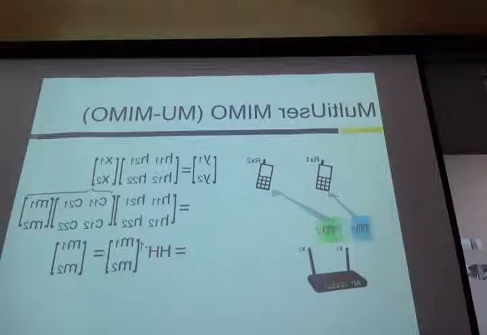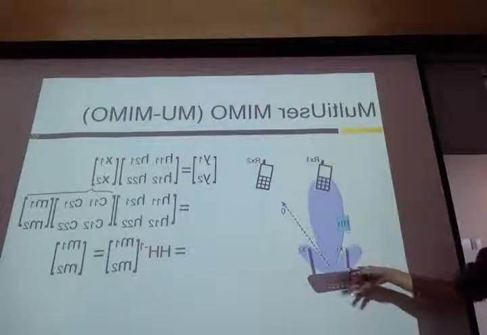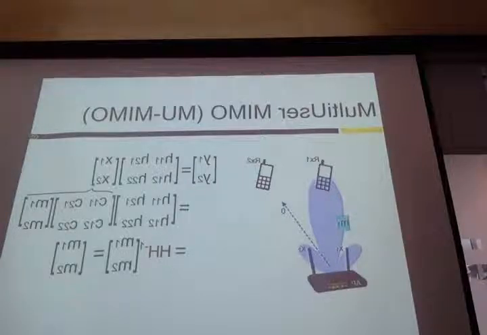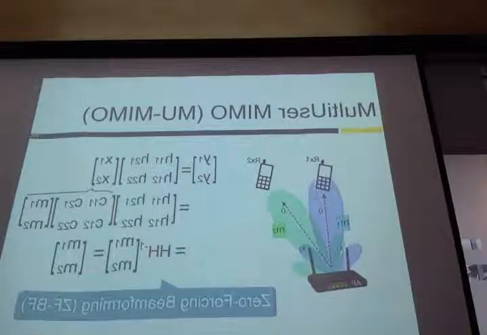At a high level, you can think of the AP forming two beams. The blue beam contains the data of message N1, pointed at receiver 1, while the green beam contains the data of message N2, pointed at receiver 2. The key here is that the interference caused by message N1 to receiver 2 is 0, because, based on the equation, Y2 doesn't have any component of message N1. At the same time, the interference caused by message N2 at receiver 1 is also 0. This kind of solution is what we call zero-forcing beamforming in a multi-user MIMO network, which guarantees that there is no interference for receivers not intended to receive the signal.